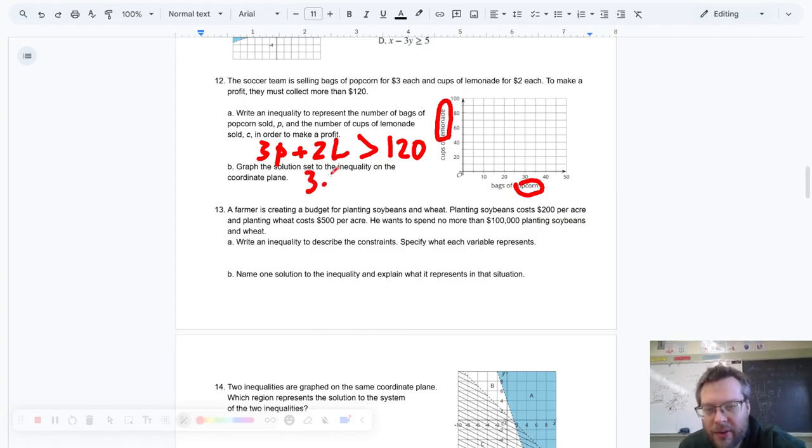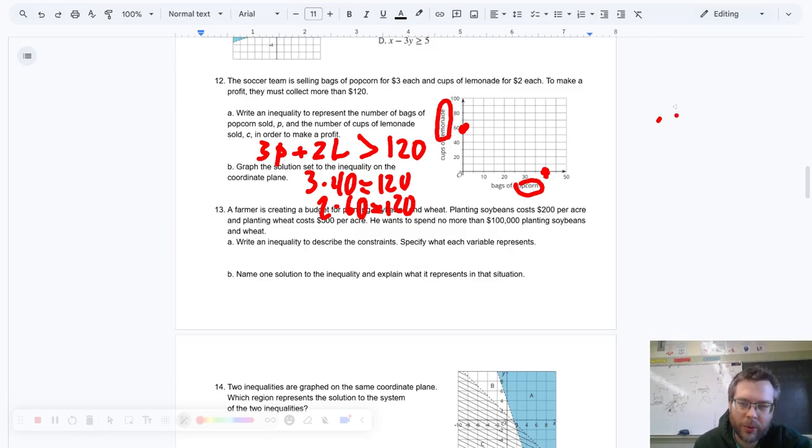If I just think about 3 times 40 is 120, and 2 times 60 is 120, I can graph this, and I can graph this. How did I do that? What I thought about is, if I only sold popcorn, how much would I need to sell to make 120 bucks? 40 bags, because 40 times 3 is 120. And same thing with lemonade. 60 cups at $2 each, 60 times 2 is 120. Now, if I connect those two dots,